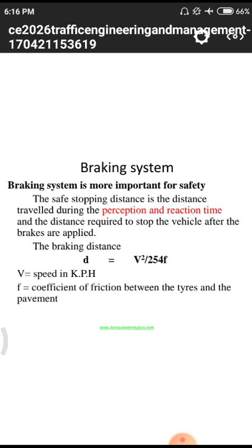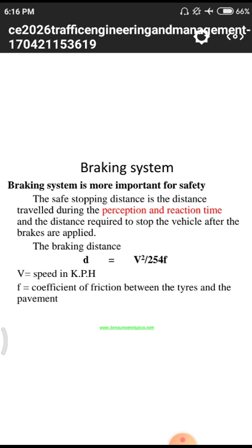Today's topic is braking system and skid resistance. Why? Because braking system and skid resistance are two important conditions for a particular vehicle. So we need to have some knowledge of the braking system and skid resistance of a vehicle. First, we have to discuss the braking system and what kind of speeds we need to maintain